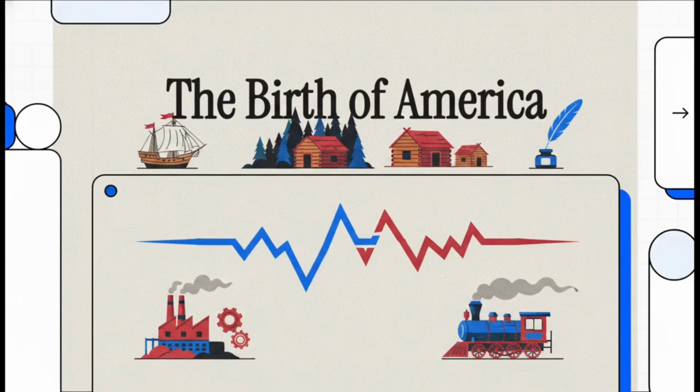Welcome to this explainer. We are jumping straight into America's explosive transformation from early settlements into an absolute industrial powerhouse. As we go through this today, we're going to keep a really close eye on a core tension that runs through this entire history. It's the ongoing friction between the nation's highest ideals and its harshest realities. It's a fascinating and honestly a pretty complicated story.